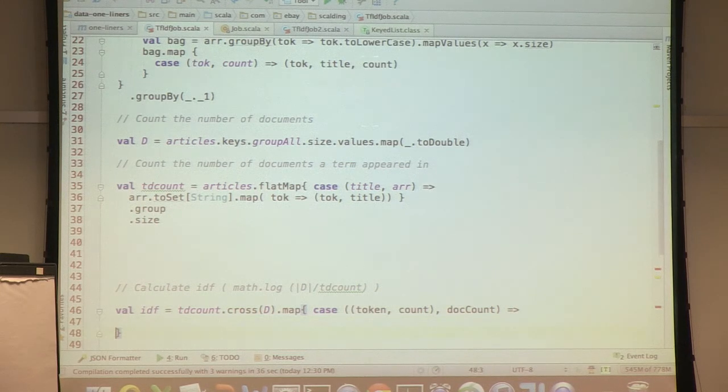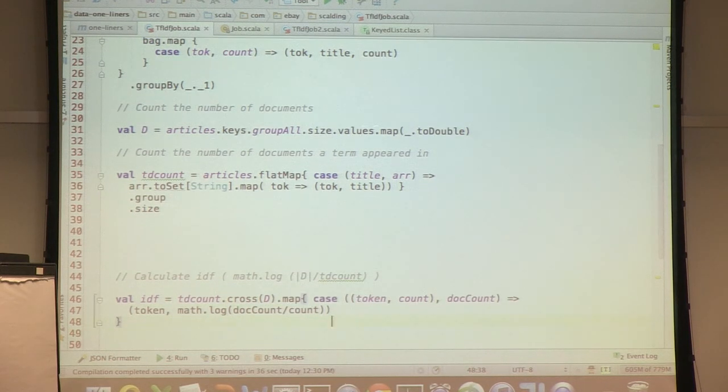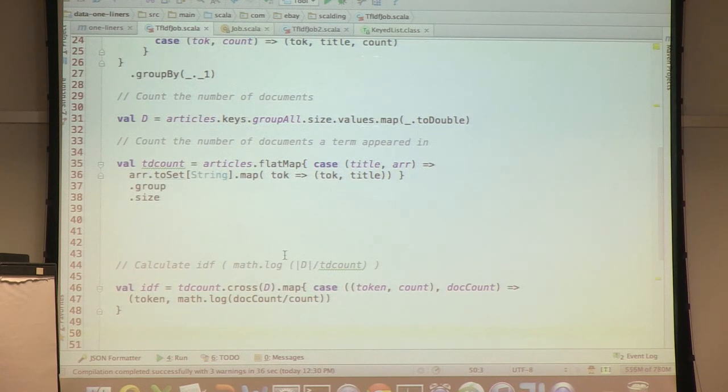And we'll send this guy to, what do we want? We just want something like token, and then we actually want math.log of basically doc count divided by count. Okay. Everybody's happy. So now we've got our IDF.